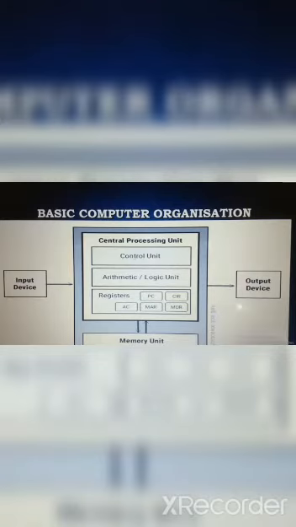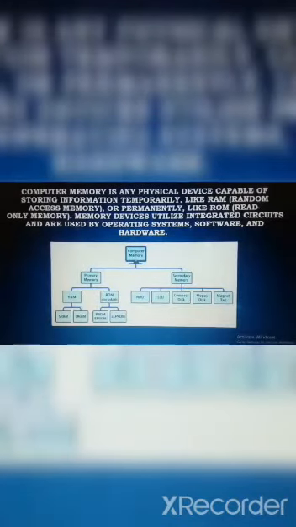Next, if we see in detail all these things, here are a few key notes which I have taken for you all. The things I explained right now are here in short. So if you want, you can just go through the video, pause it and go through it. Next, if we deal with memory, that is computer memory.